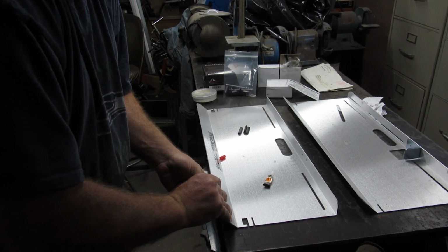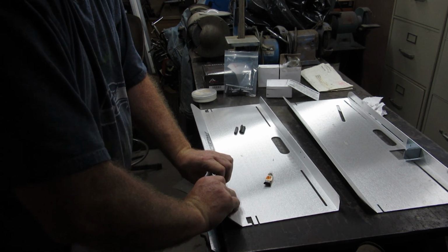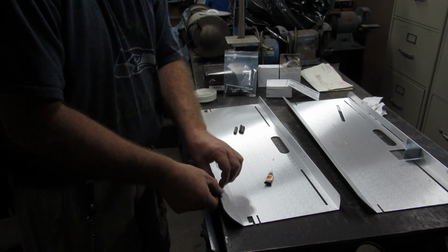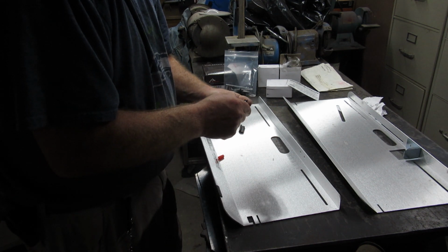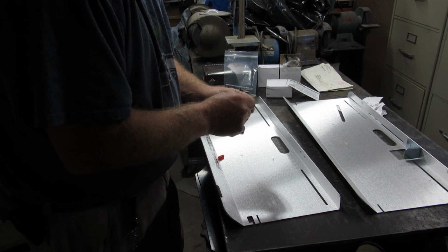I don't think this is a rocket science thing. As long as it sticks there, it's basically going to just keep this from making noise more than anything. I don't think it's really something that you absolutely positively have to have on here to make it work. Probably actually keeps it from,